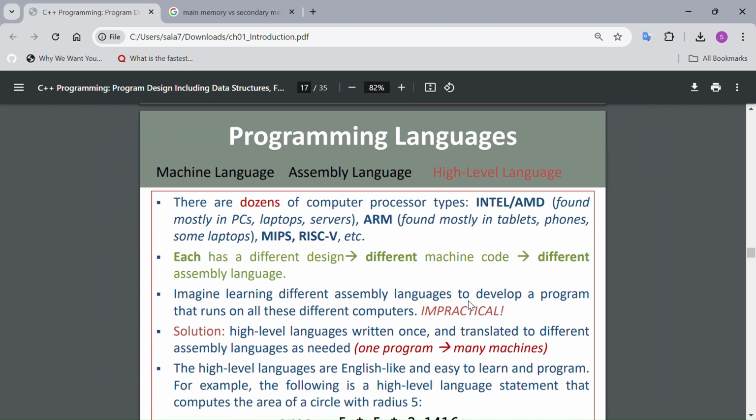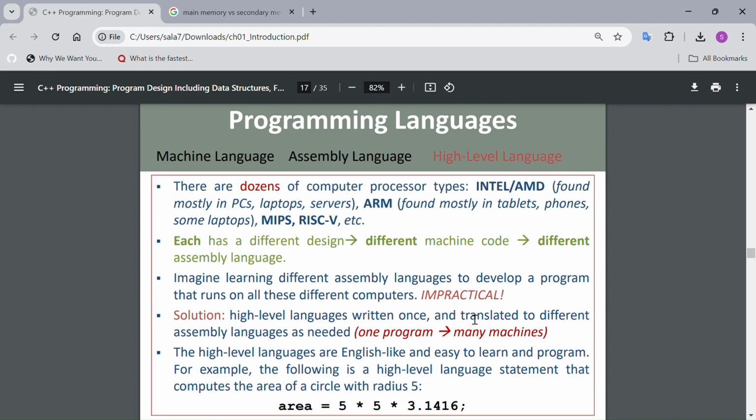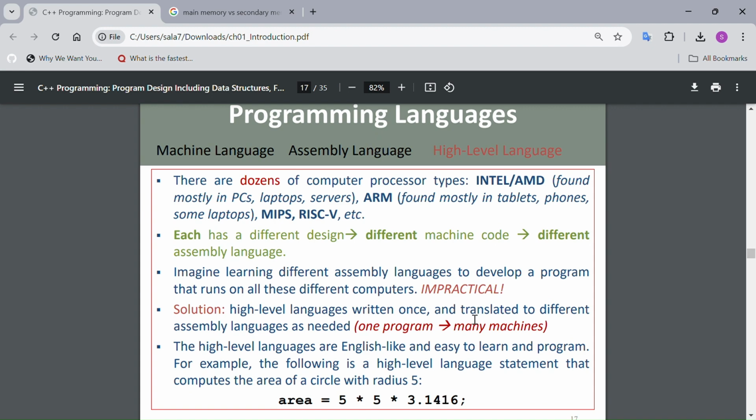So there are first dozens of computer processor types: Intel, AMD, found in PCs, laptops, and servers, and there are also ARM, which is found mostly in tablets, phones, and laptops. And there's also MIPS, RISC-V, and etc. These are all computer processor types, and each one of them has a different design, different machine code, and different assembly language. And so imagine